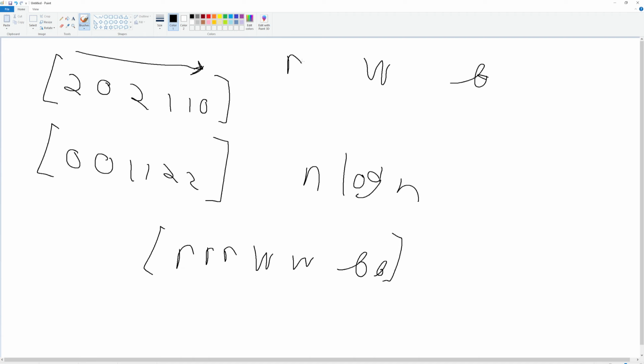So what we would do is go through the array, and we would add these things. We'd have a 2, so we'd have blue equals, let's just make it 1. Now we go to a 0. Okay, now this is 1. We go over here, update that to 2, and so on. That's pretty straightforward. Go over here, update this to 2. Go over here, update this to 2. So now that we have 2 reds, 2 whites, and 2 blues,